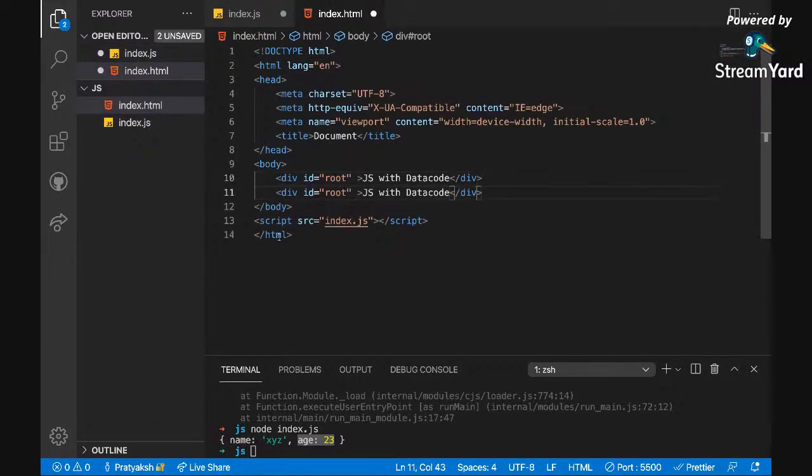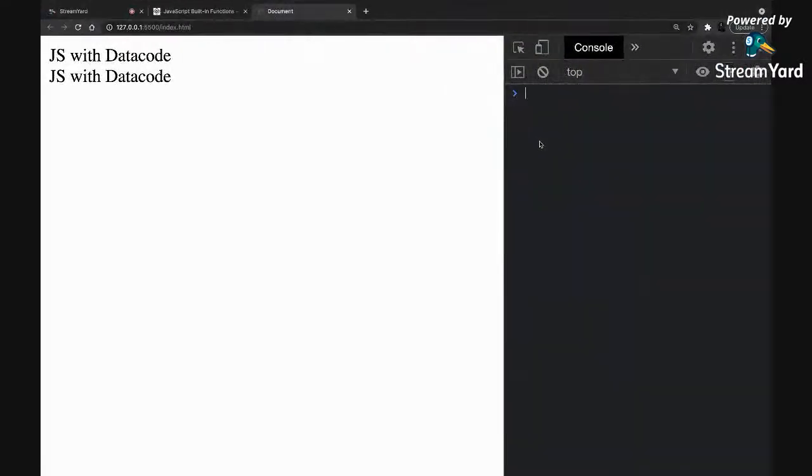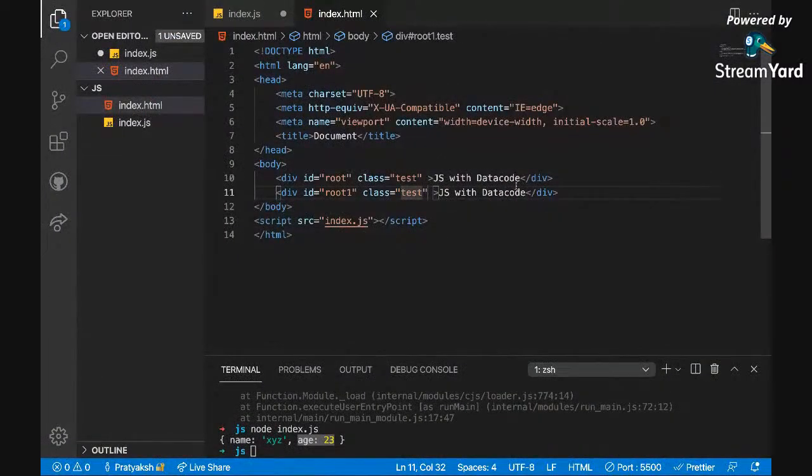So let's say we give it a root one and we give a class test to it. And similarly over here we give a class test. Now document.getElementById, we'll just change the name so it's a little easy to understand.